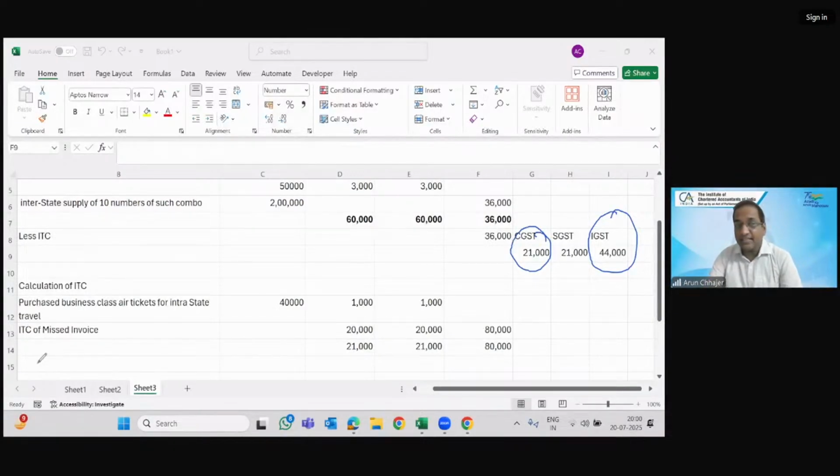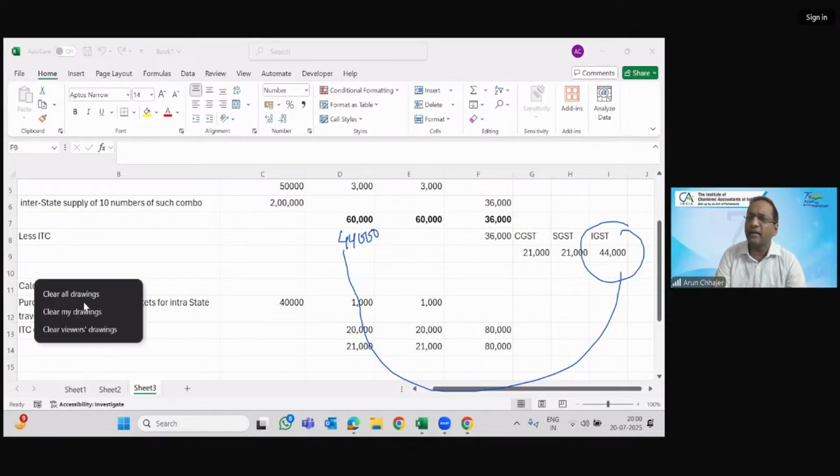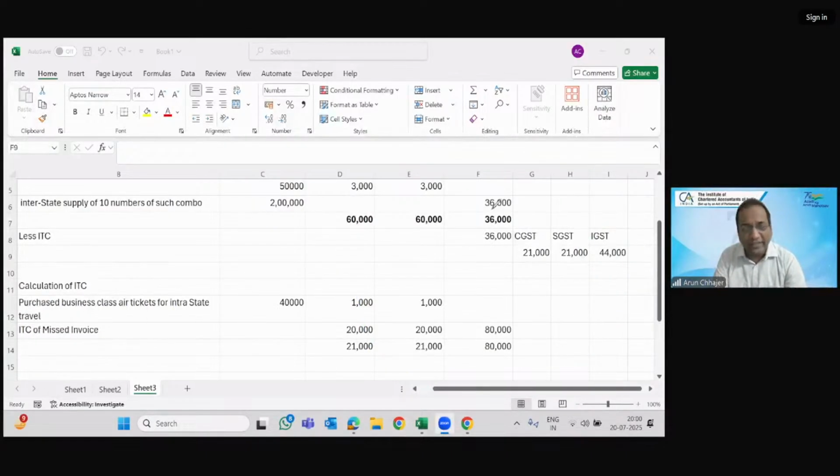Tell me one thing, I'm asking the question. Can the entire 44,000 be given to CGST? Is it permissible as per the law? अगर मैं चाहूं तो क्या मैं entire 44 में C को दे सकता हूं without giving single पैसा to S? Can I do so? कि entire 44 मैं C को दे दूं. Is it possible? Answer is yes, it is possible, but